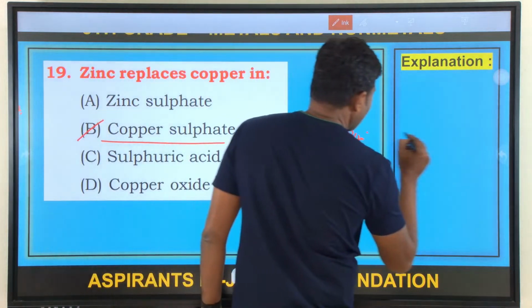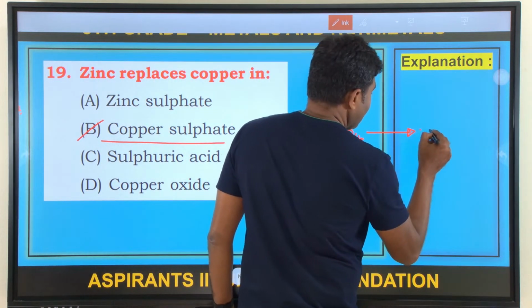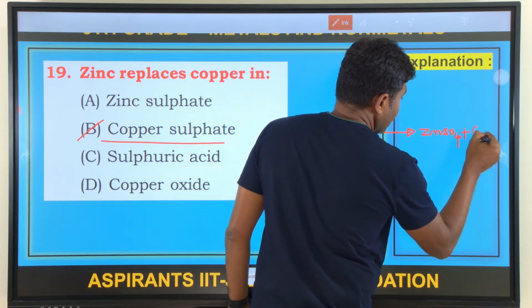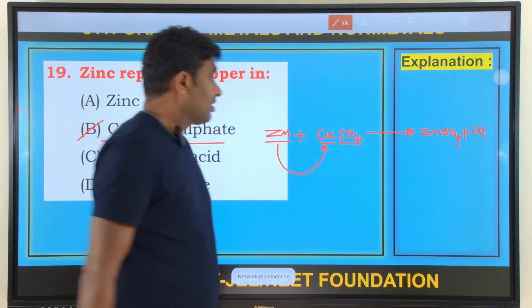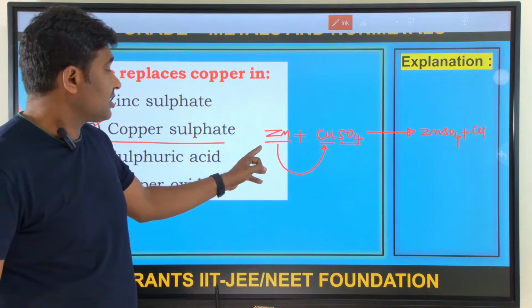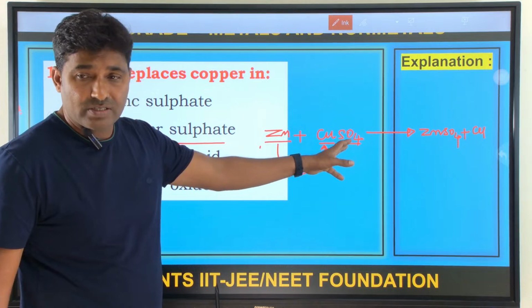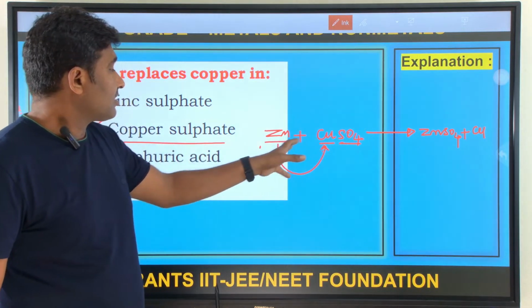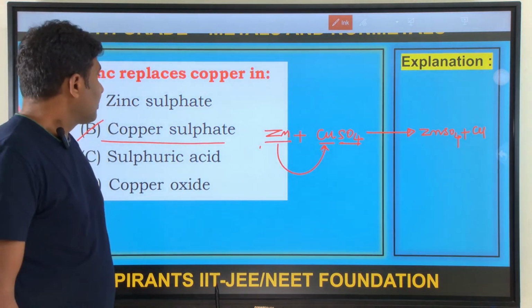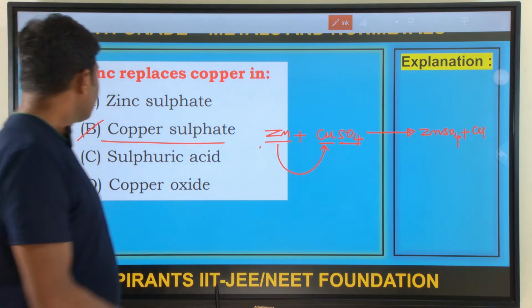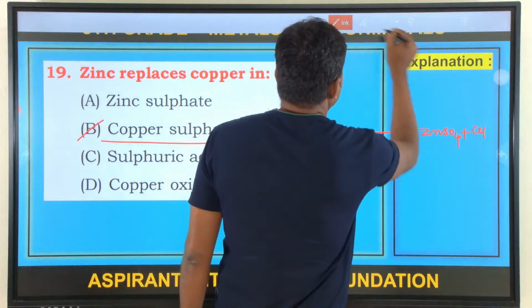Then the resultant compound is what? Zinc sulfate, and copper is displaced. See here, the most reactive element displaces the least reactive element from its compound in aqueous solutions. So a displacement reaction occurs. So the option is B. And next,